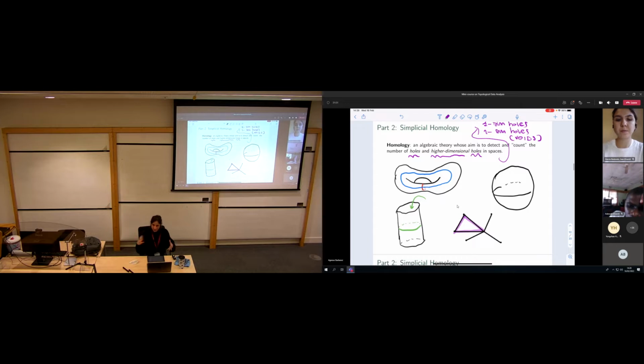Before I give you the definition, I just wanted to give you some examples, just to set the expectations right and to agree on what we should expect homology to be able to count. If you consider a space like this one, this is the surface of a donut, or a torus. We want homology to recognize